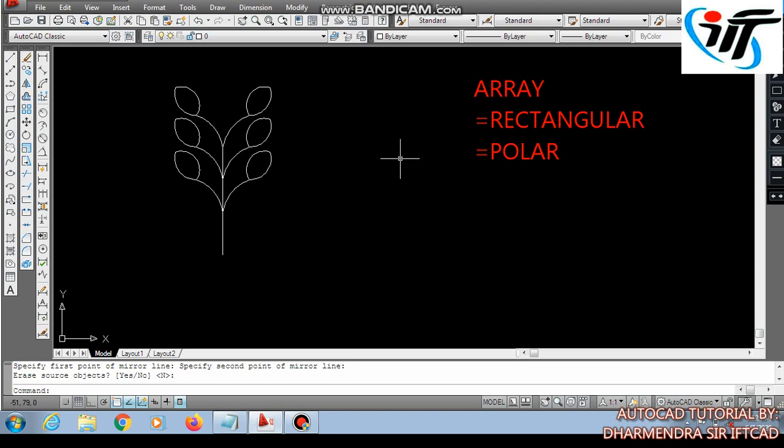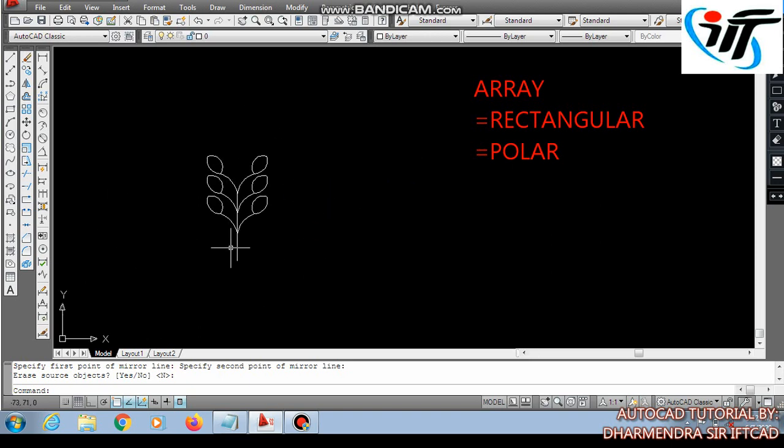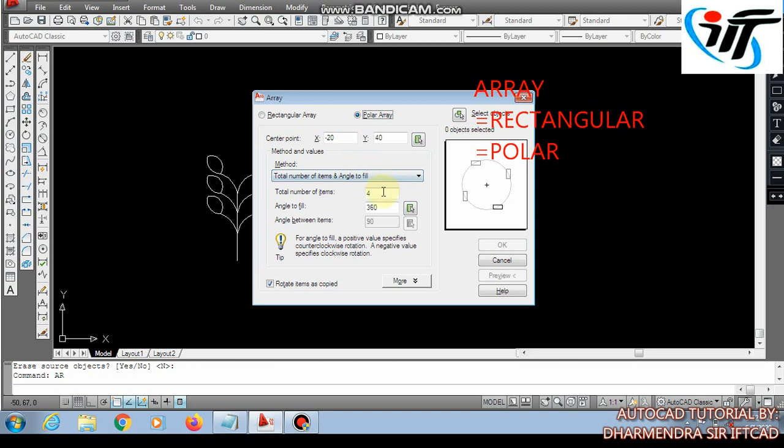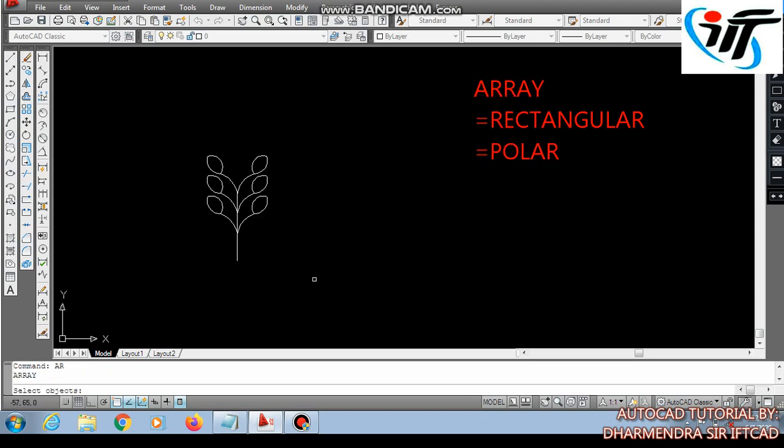Then I am going to array this object, providing a particular center. AR enter, choosing polar array. Number of objects I am keeping here 5. Angle to fill 360 degree. Then I am selecting the object.